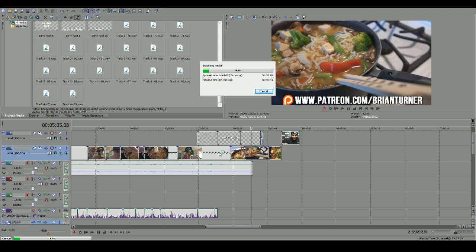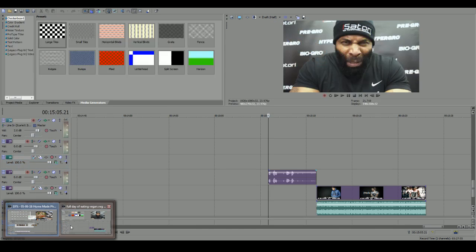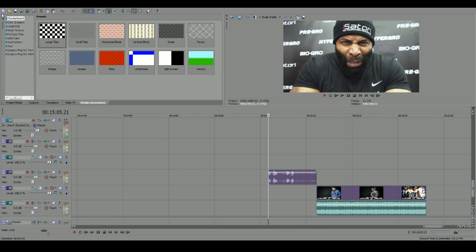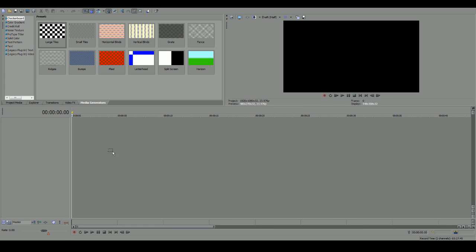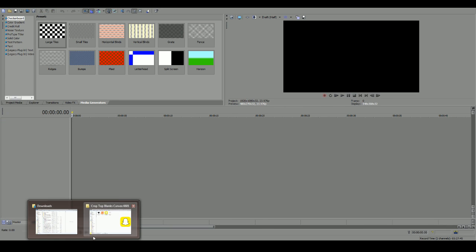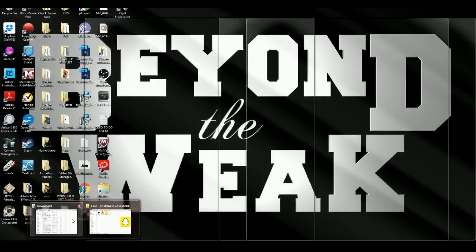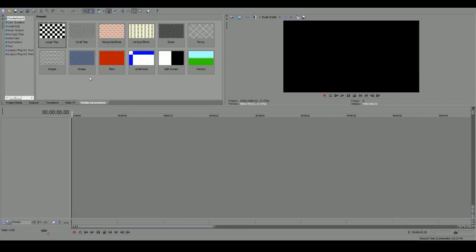Once your RAM caps out, one of your projects is going to freeze, and then you're going to be like, oh, shoot. You know what I mean? So I'm going to be very careful not to freeze that other program, because once Sony Vegas Pro 10 freezes, it freezes until it's done. And we're already using a lot of RAM because we're streaming. We're using a streaming program for you guys, and I'm also editing. So being very careful. But at the same time, I am a little bit of a rebel.